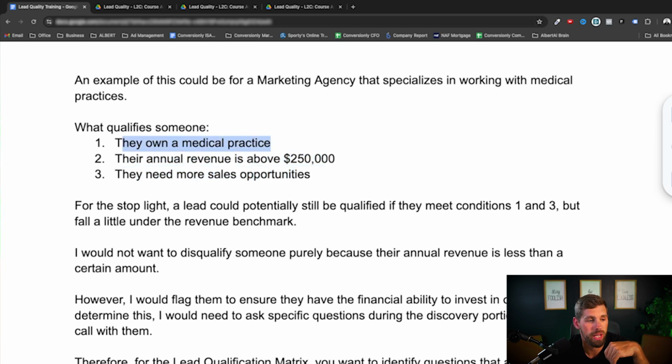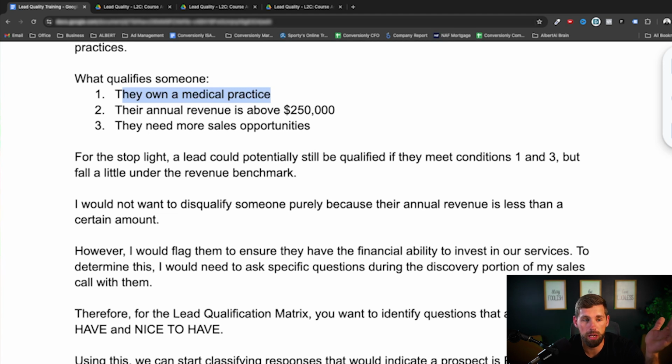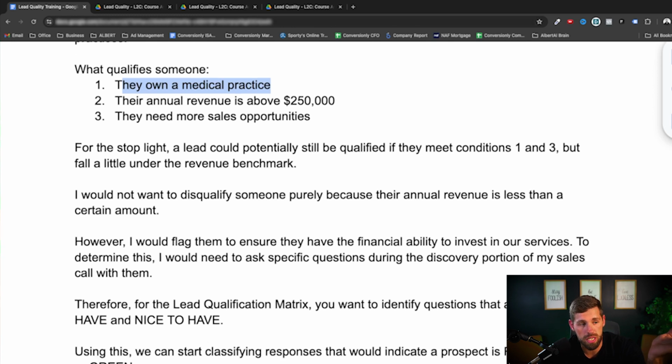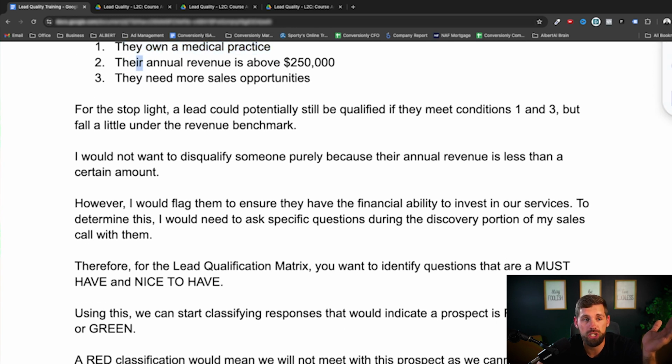customer profile. Okay? For the Stoplight, a lead could potentially still be qualified if they meet conditions 1 and 3, but fall a little under the revenue benchmark. In most instances, this is a generalized qualifier. They could have the money and savings to work with you. If you make a generalization that, hey, if you have less than $250,000, you're not a good fit to work with us, that may not be a good qualifier. However, I would want to flag those prospects and make sure that we are doing manual BANT to qualify them